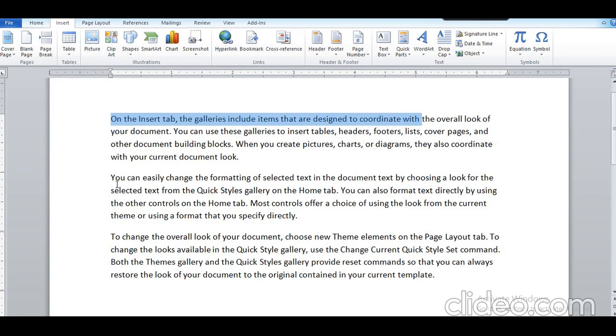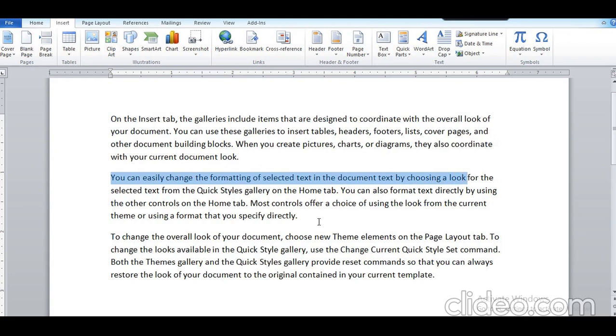Again, I will tell you how to select a line using a mouse. Click in the front of the line, keeping the mouse pointer in the left margin. A line gets selected from the paragraph.